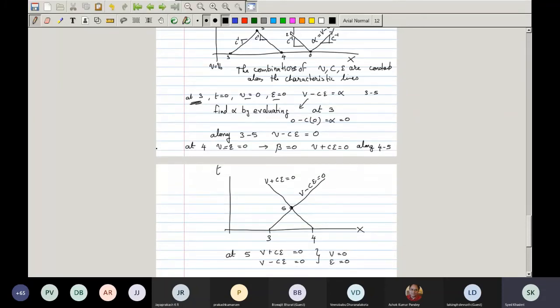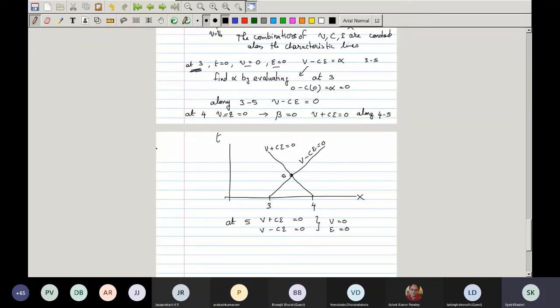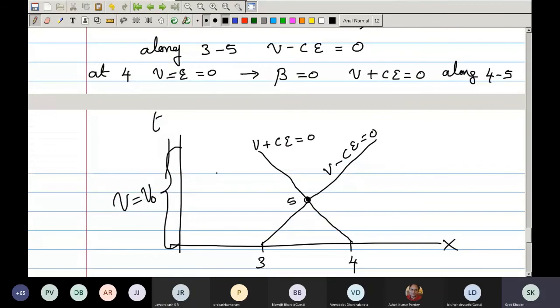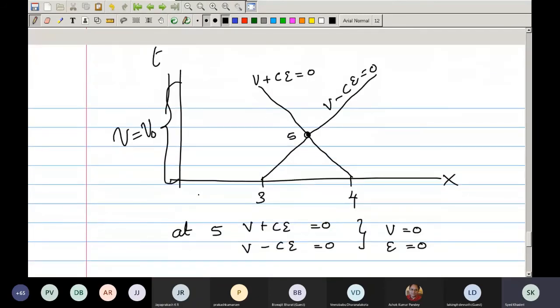So let's consider the problem where you are applying velocity on the left boundary. Which means along this whole line, you are applying, let's say, your velocity v naught. So now I know velocity, but I want to find the strain here. How do you find strain along this boundary where you're applying the velocity? Let us try to find it out. I want to find something on the boundary, the strain here.